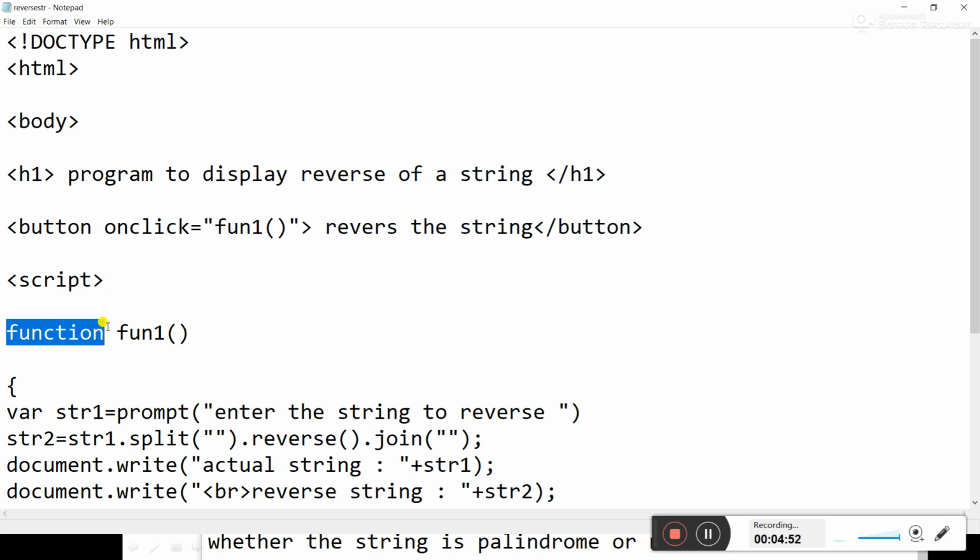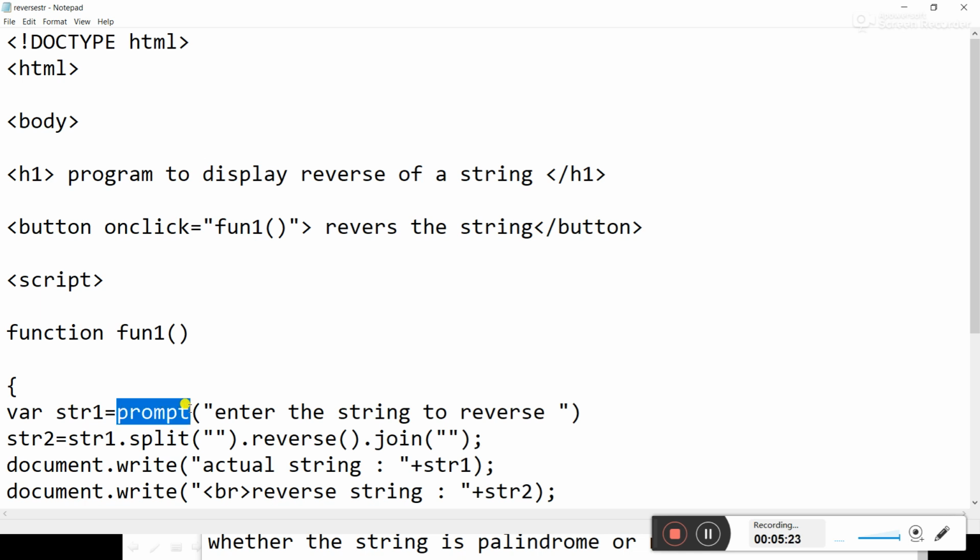Then we need to ask the user to enter the string. Whatever the user is going to enter in the prompt box, you need to save that value somewhere, so to save that value we require a variable. This is the str1 variable. Str1 is equal to prompt. Prompt is used to display the prompt box.